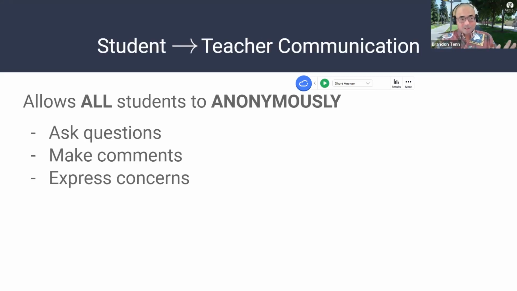This is probably the hardest one, right? We ask a question to the class, 4 students answer verbally, and the rest of the class doesn't say much for a lot of reasons, and yet we are to use that information to make judgments. Kind of, where does the class stand on understanding this? And it's impossible. So what we can do is use iClicker just like we did earlier on when